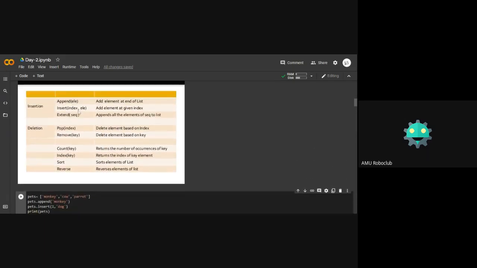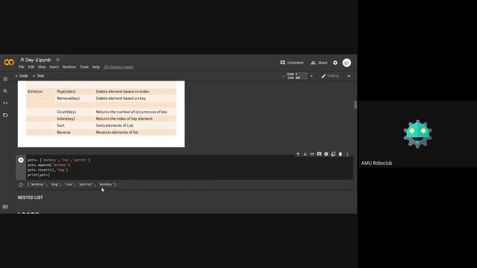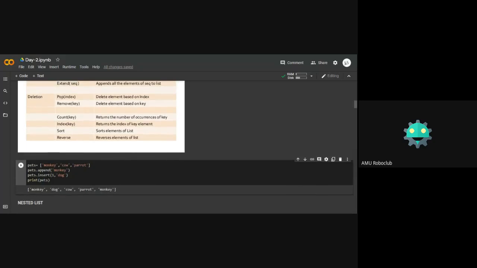Okay. Now, similarly, we use pop. What does pop do? In append, we are adding the element. Pop just removes the last element. And with count, we can find out how many times the same element appears in the list. It gives us the integer value of how many times the same value appears in the list, right? And with sort, we can sort them, as understood by the word sort. We can sort them alphabetically or in increasing order of numbers. And using the reverse statement, we can also arrange them in decreasing order of the numbers.